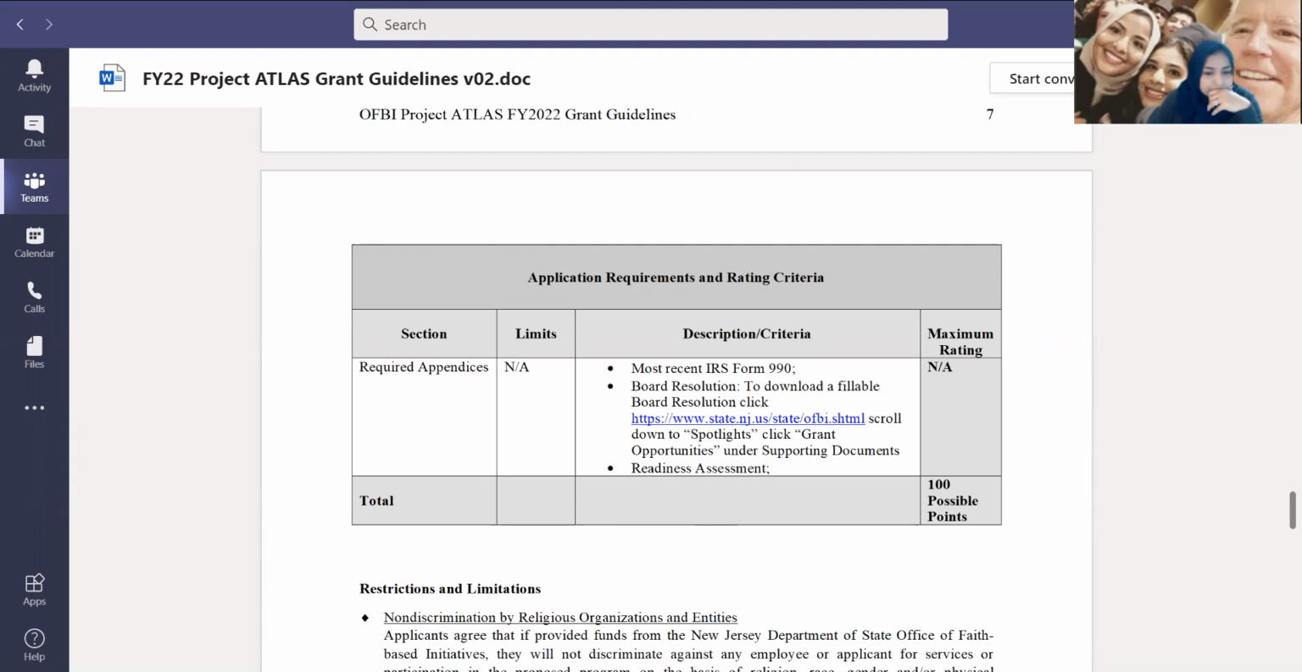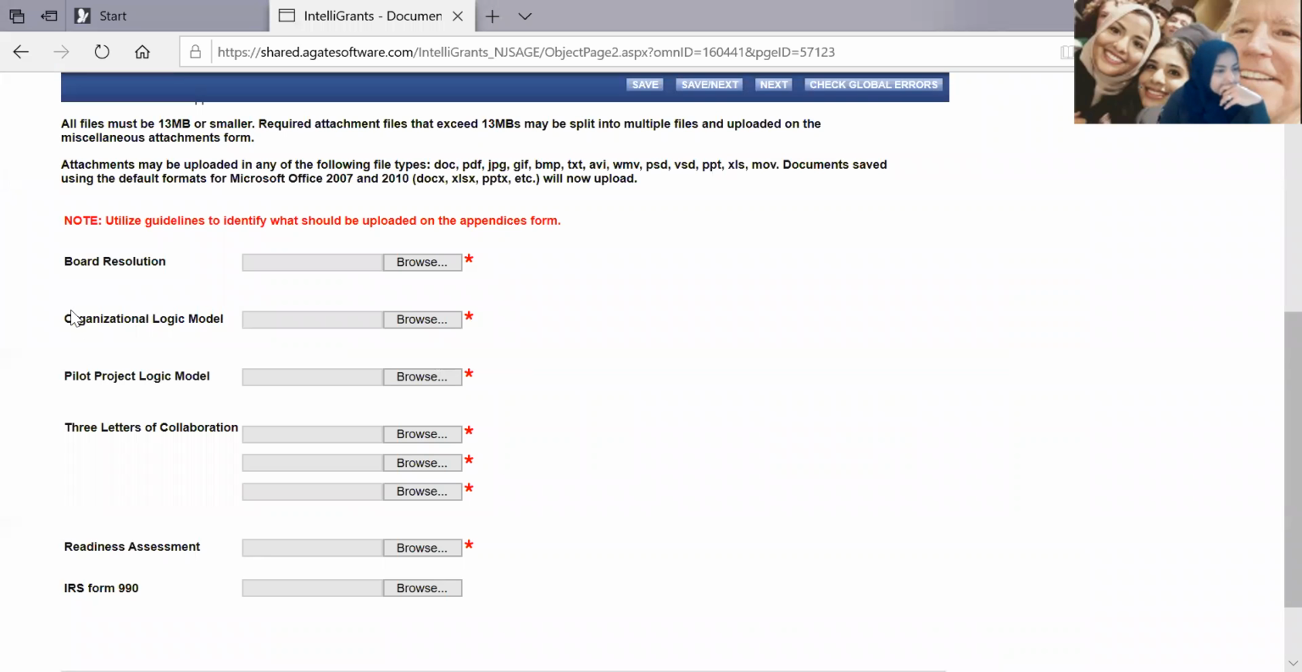Yeah. We want to remove the logic model because half of them don't know how to do it, and I don't have time to try to figure that out for them. So we want to remove the organizational logic model. We want to remove the pilot project logic model. We want to remove the 3 letters of collaboration text boxes. So all this right here, this is a Hercules issue. Okay, that's definite, right? Okay. The only thing they need to upload is the board resolution, the readiness assessment, and the